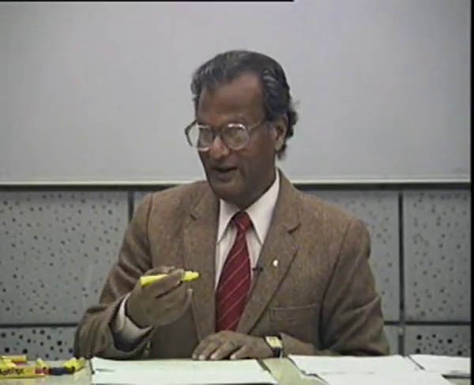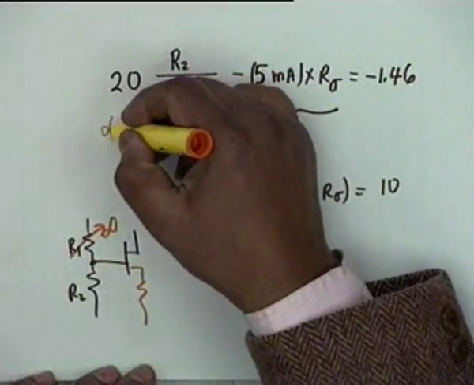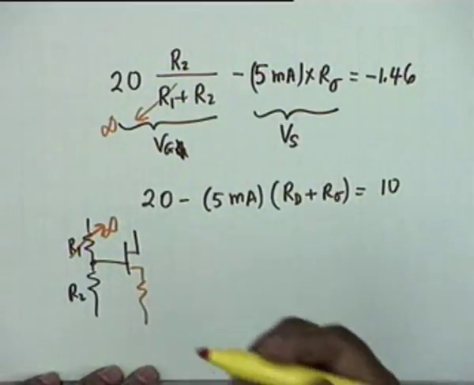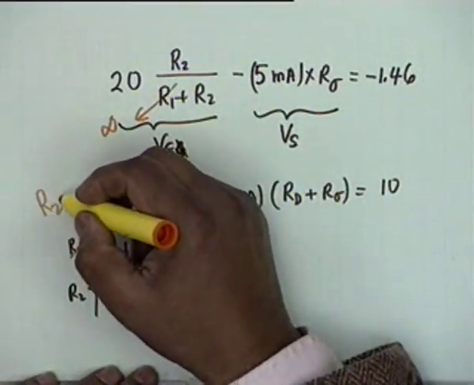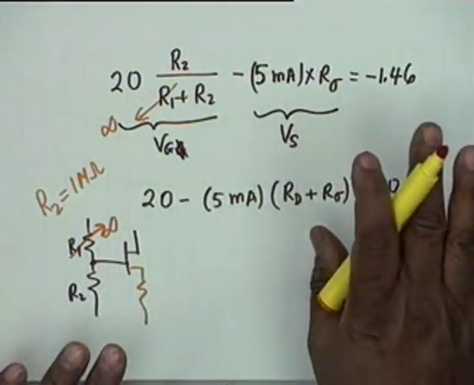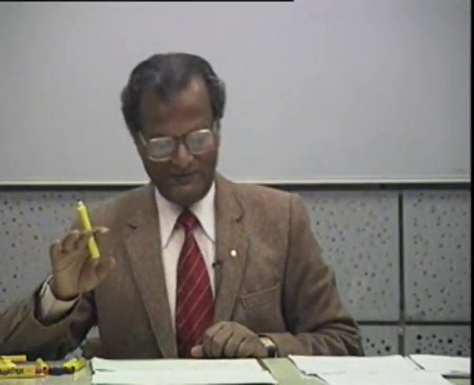So if I have this choice, why don't I make it? If I do that, if R1 goes to infinity, then you see R2 is arbitrary, because this quantity drops down to 0, and R2 can be any large value. Let's say R2 is 1 meg. It is arbitrary now. It does not affect the equations. Yes. R2 is arbitrary, then we can as well leave that terminal as open circuit also. Yes, there is a question there. Is the question clear? If R2 is arbitrary, why don't we leave it open? Why use another resistance?